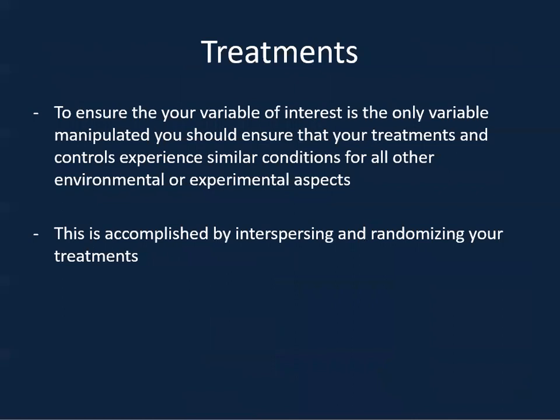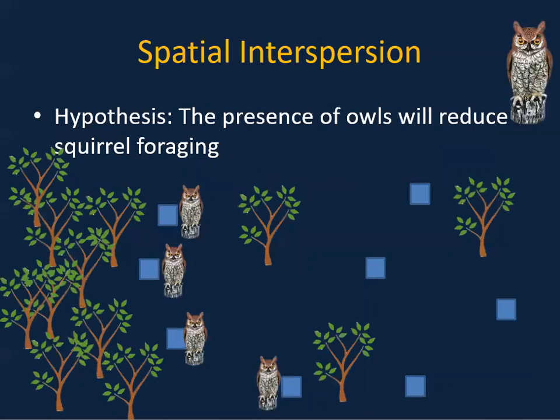So in your treatments, you have to ensure that your variable of interest is the only variable manipulated, and you should ensure that your treatments and controls experience similar conditions. This is accomplished by interspersing and randomizing your treatments. So we have an example of spatial interspersion here, where our hypothesis is the presence of owls will reduce squirrel